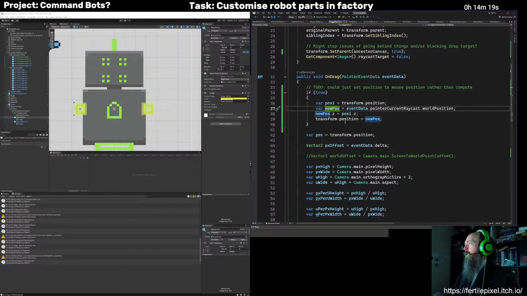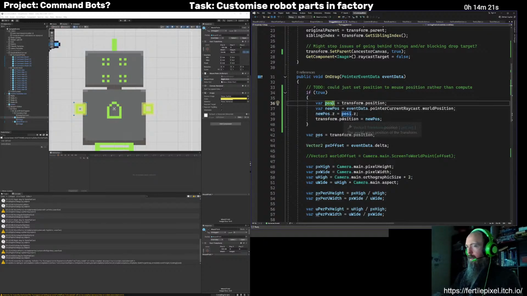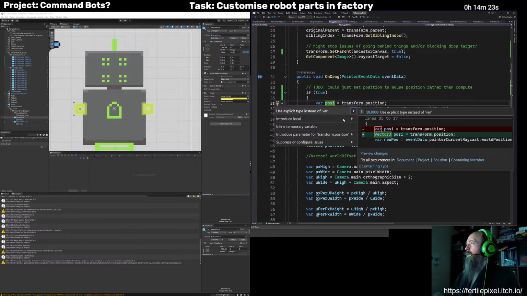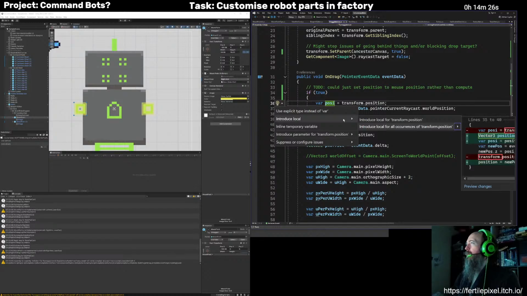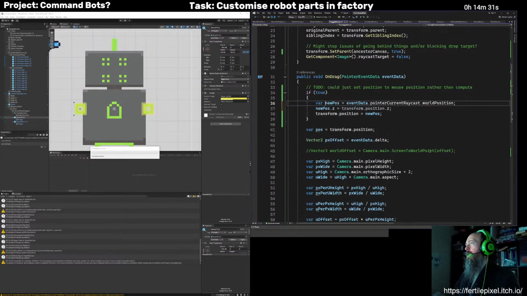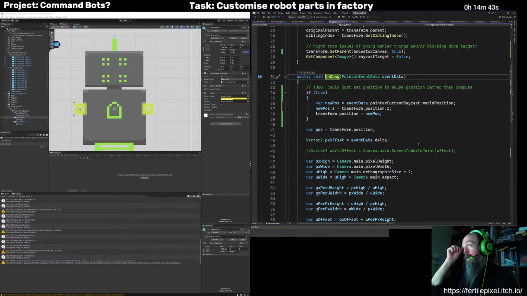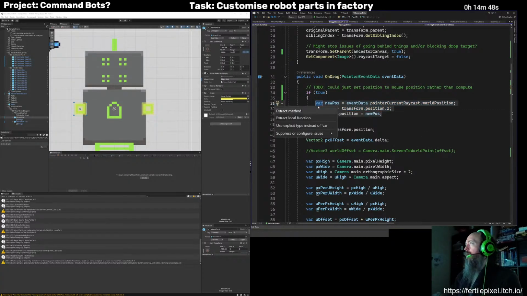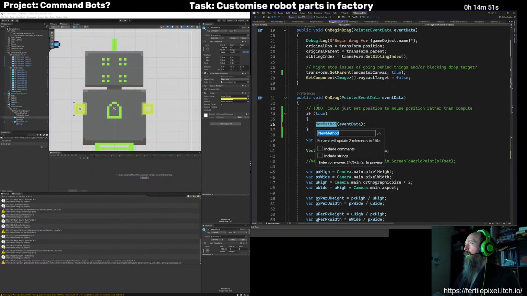Get this new position. And we can inline this. There. Stop doing that. There. Oh, because the cursor was right there. Yeah, that works. And then I can pull this out into a function, or a method rather.